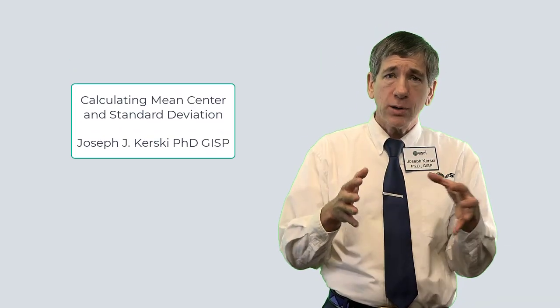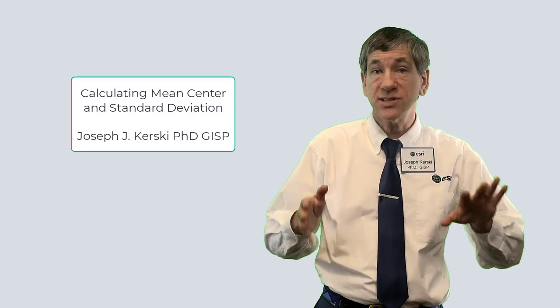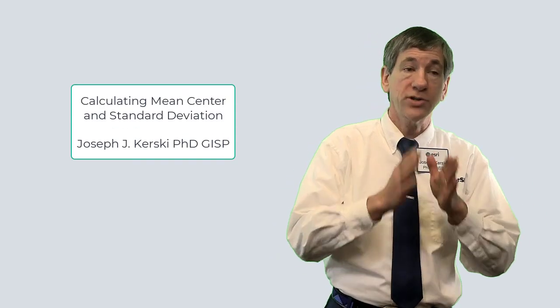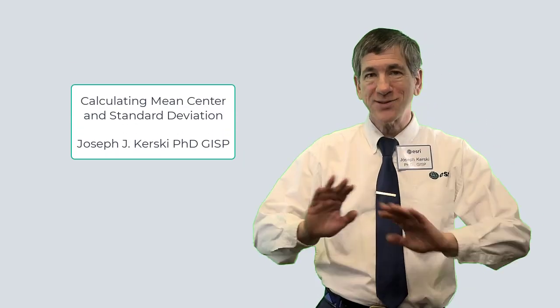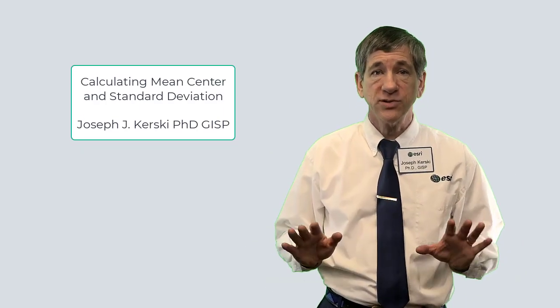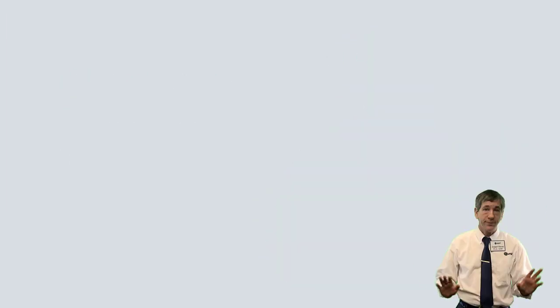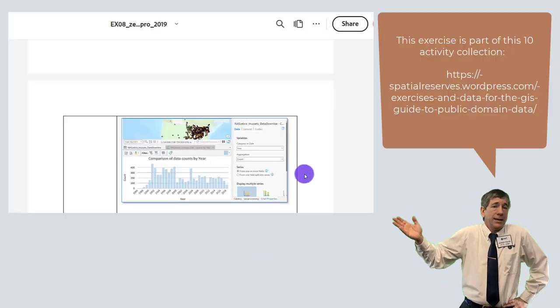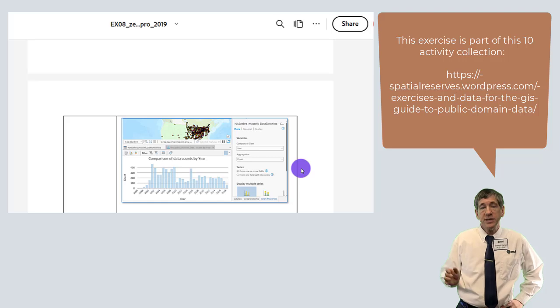Let's talk about calculating the mean center and standard deviational ellipse in ArcGIS Pro. Let's analyze zebra mussels data through the analysis of the mean center. If you've got your zebra mussels, or any data, but I'm just using zebra mussels, an invasive species, as an example,